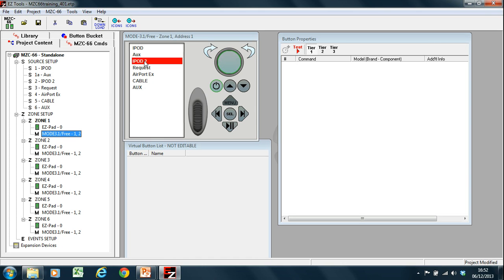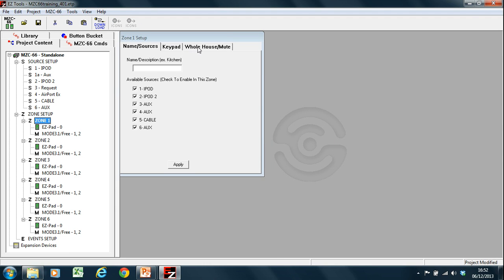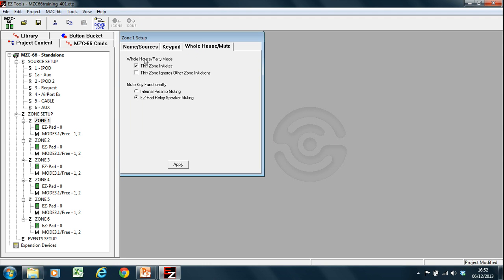You may have seen it in one of the previous videos as I went in to show you the speaker muting relay. I didn't show you at the time because I knew I'd be coming back to it, but here we have also the whole house party mode options. In order to get here, I clicked on the zone and then whole house/mute. So currently for zone 1,